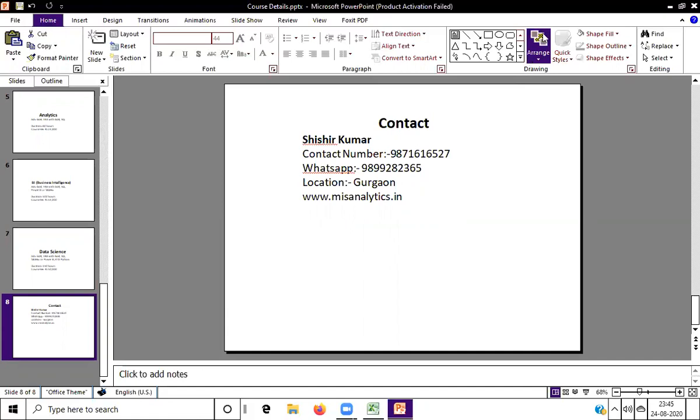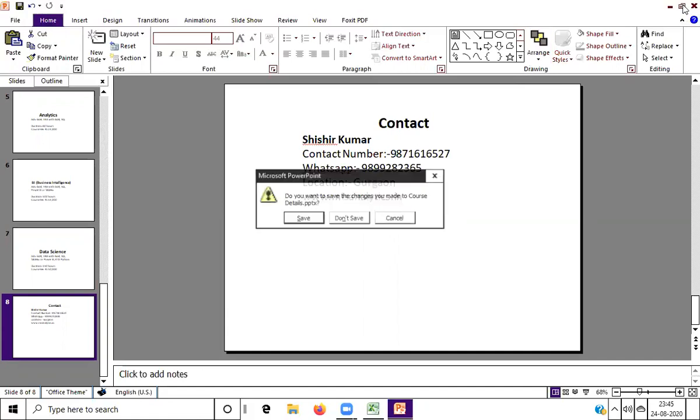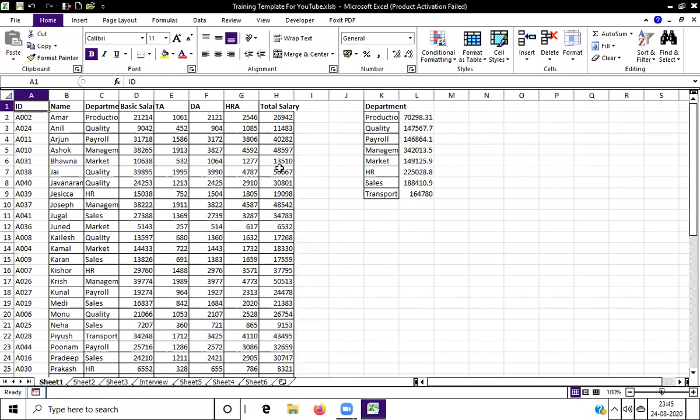So today I'm going to teach you the basic code of VBA. Okay, so let's start with how we can begin the VBA code basic part. First, you have to go to the Developer tab.